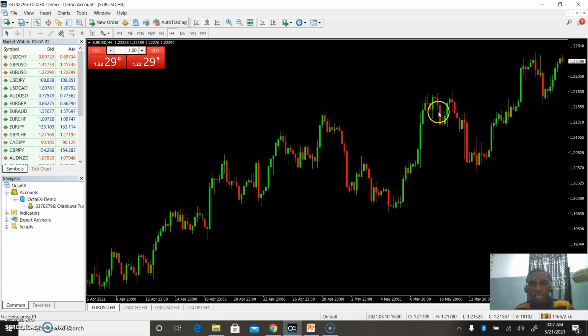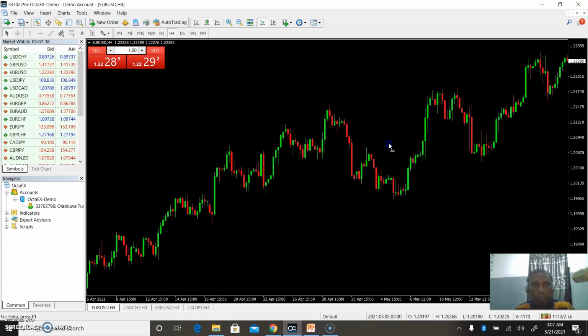So you can see, each of these currency pairs is either strengthened or weakened. When they are strengthened, they go up. If the base currency is strengthened, the market goes up. If the quote currency is strengthened, the market goes down.